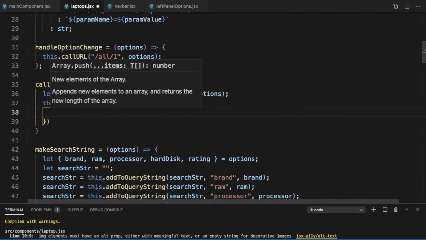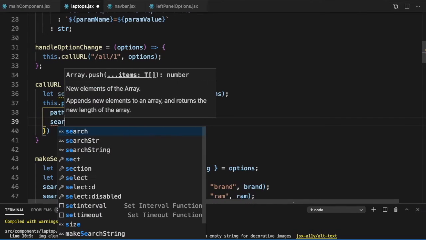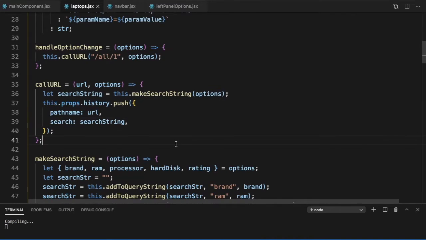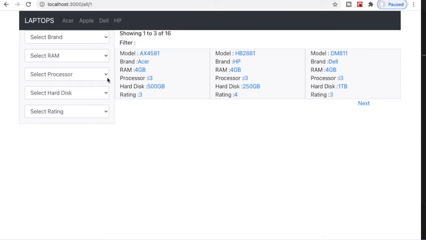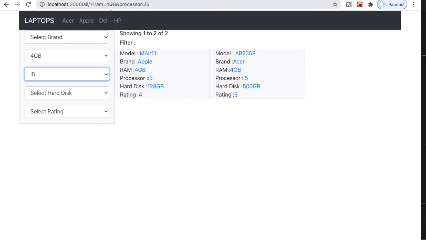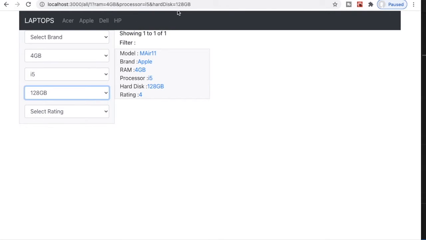And what do we push? Pathname is URL and search is searchString. So this is the standard implementation. Let's go ahead and test it. So if I select say RAM as 4 GB, we get RAM is equal to 4 GB. If I select processor, we get RAM is equal to 4 GB and processor is equal to i5. If we select hard disk along with it, we just get those options.